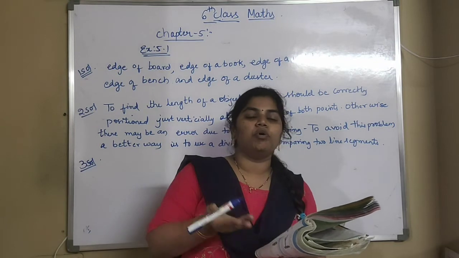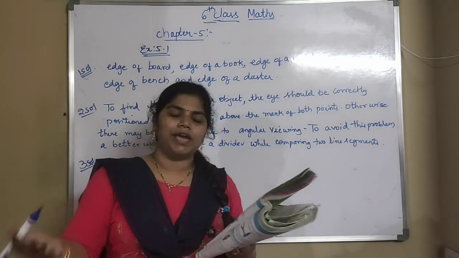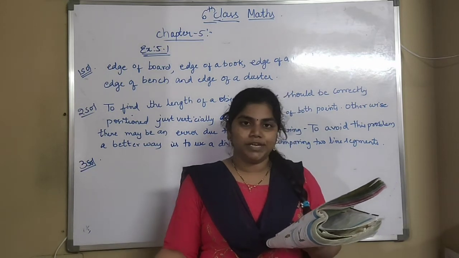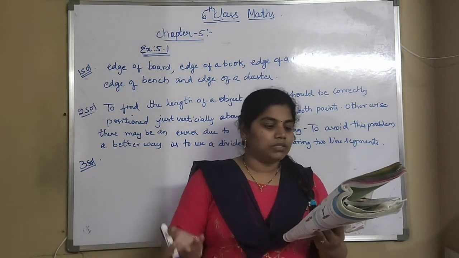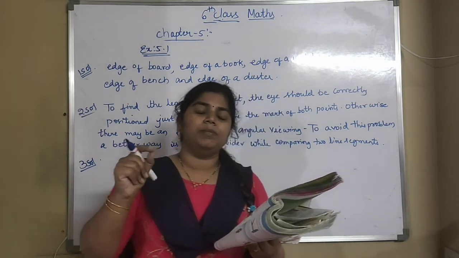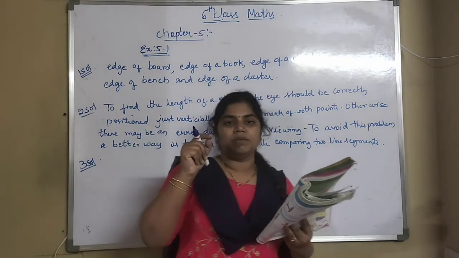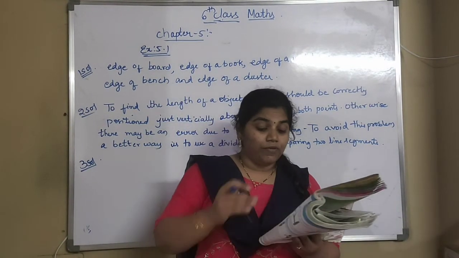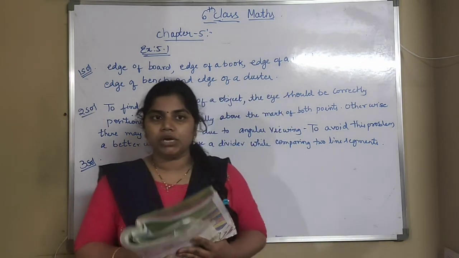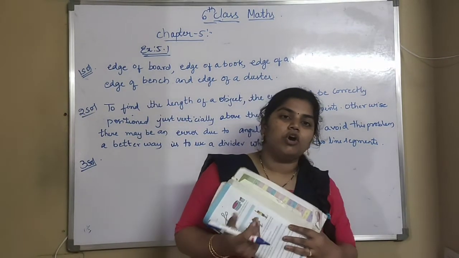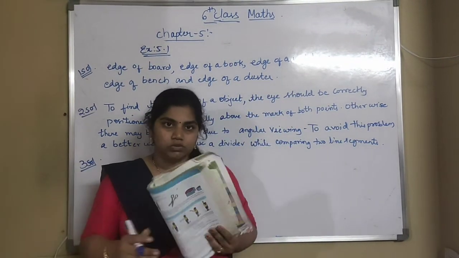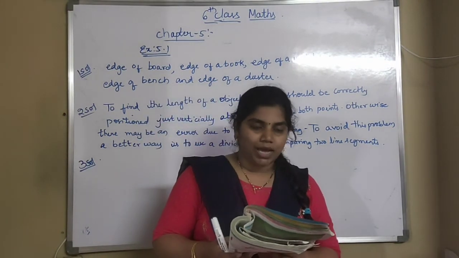It can be 2.2 centimeters, it can be 1 centimeter, it can be 3 centimeters. Suppose AB is 1 centimeter, AC is 2 centimeters, AD is 3 centimeters and AE is 4 centimeters. For every line segment you will get some centimeters. After finding all the line segments, you have to arrange them in ascending order. What do you mean by ascending order? Ascending order is nothing but writing from small to bigger values. Okay, the third one you try as homework.